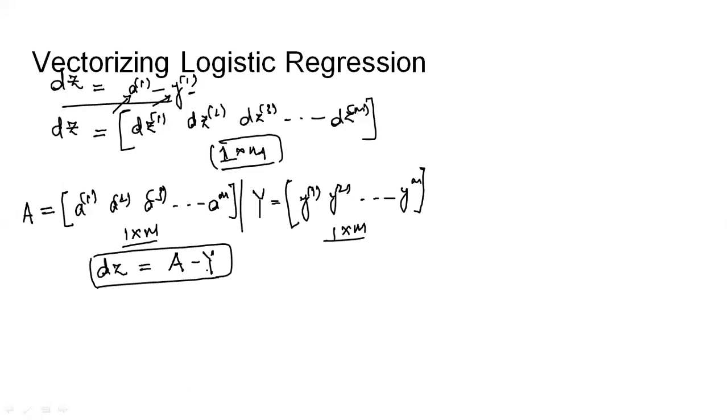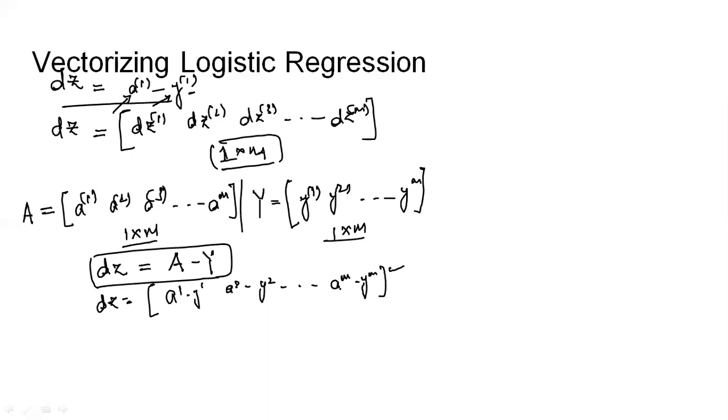Okay, so this is basically the vectorized representation in which we can write this equation. I see that this equation is quite easy for you, and ultimately the output of this equation will be dz equal to a minus y. So we'll subtract the individual elements from these two row vectors. It would be a1 minus y1, a2 minus y2, and that goes on till am minus ym. So I think you have clearly understood the significance of writing this equation in the vectorized form.